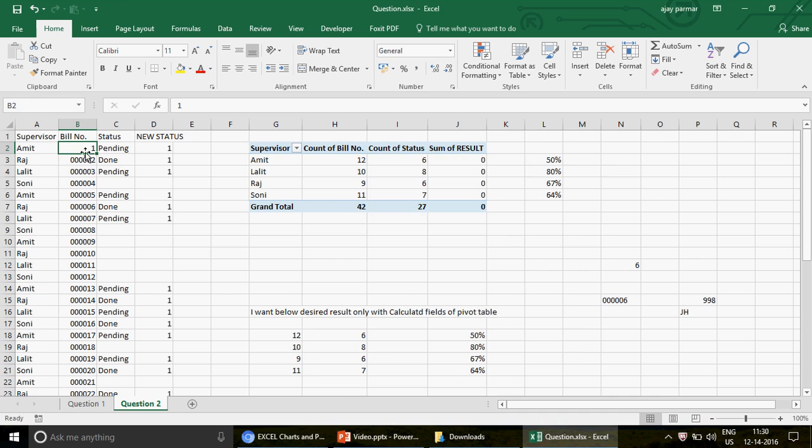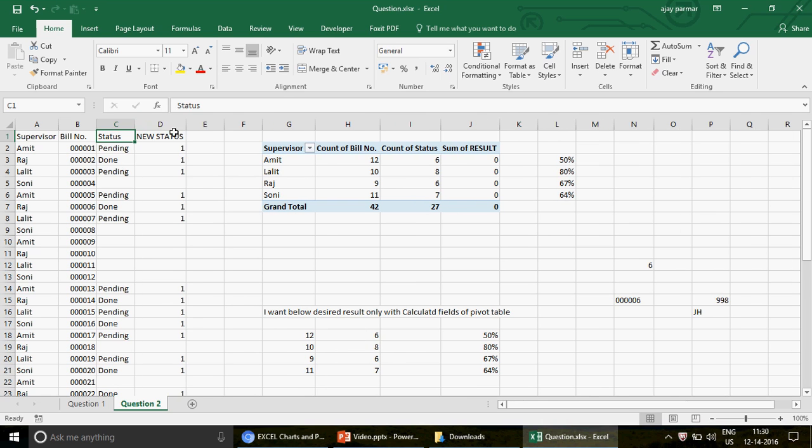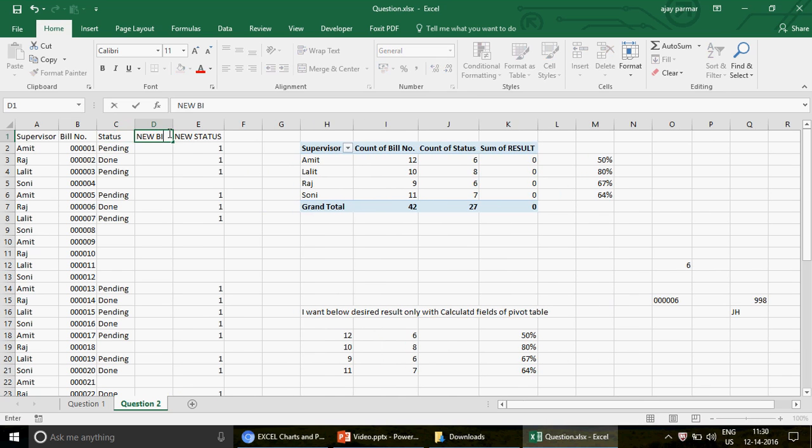If I drag it, if I just paintbrush it and do the same for the entire column, you will have 1 2 3 4 5 6 7 8 9 10 and so on. And that is something I really don't want to do, because I don't want to mess up the data, right? Who knows why somebody has prepared this kind of data. But I will simply act very smart. I will insert one column